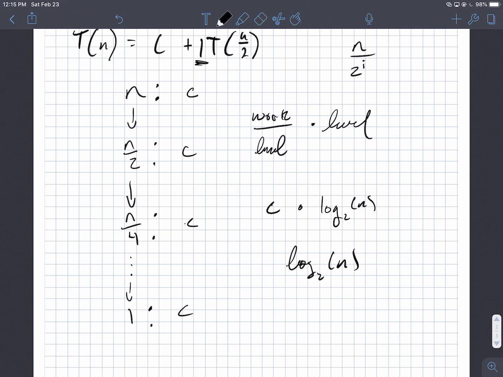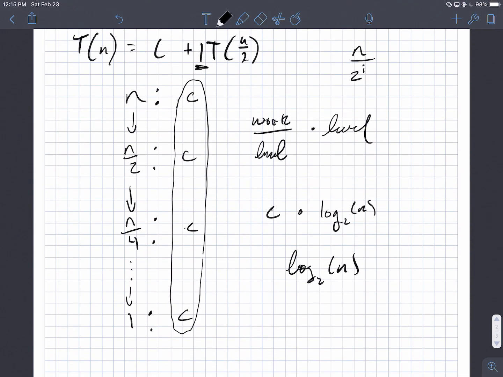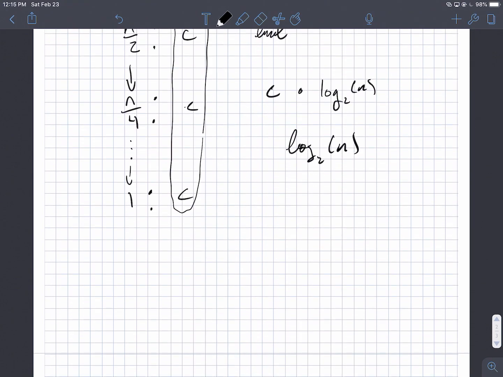And then we're adding up all of these C's. And then to add up these C's, we have to count how many of them there are. Well, that's equal to the number of times we have to divide by 2 for us to get to 1. So, I don't know, we could probably derive that. Well, just n over 2 to the i equals 1. n times 1/2 to the x equals 1. We're trying to get to 1. We start with n. How many times do we have to divide by 2? So this is 1 over 2 to the x equals 1 over n, which is 2 to the x equals